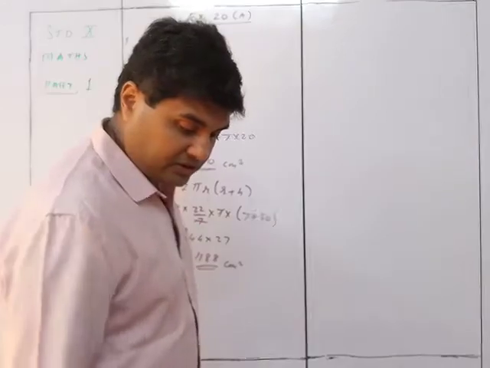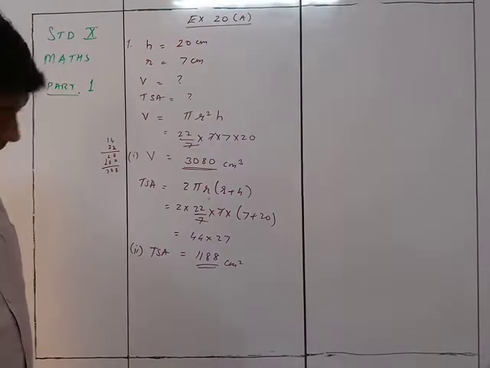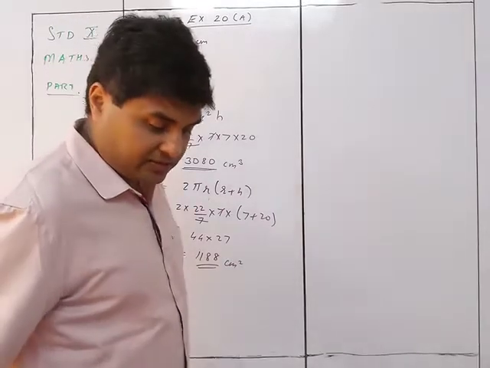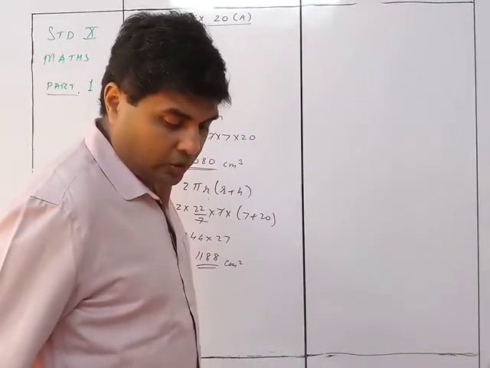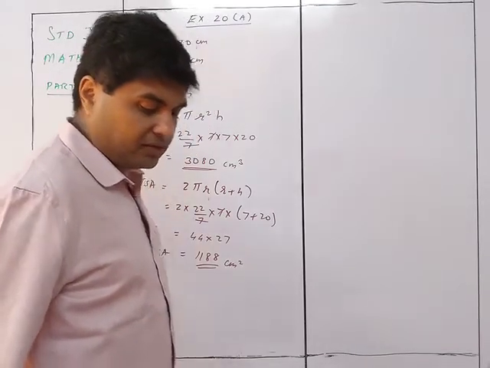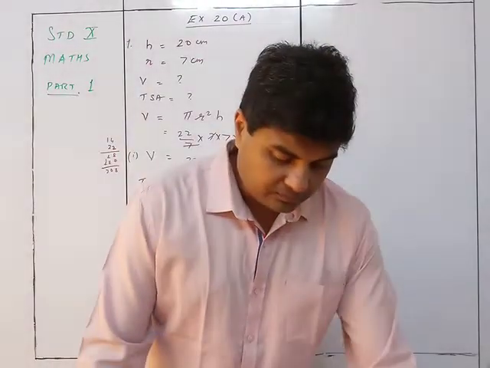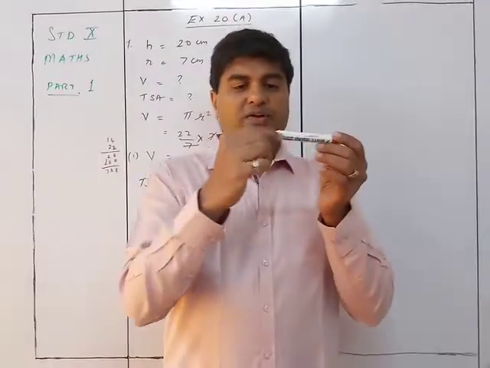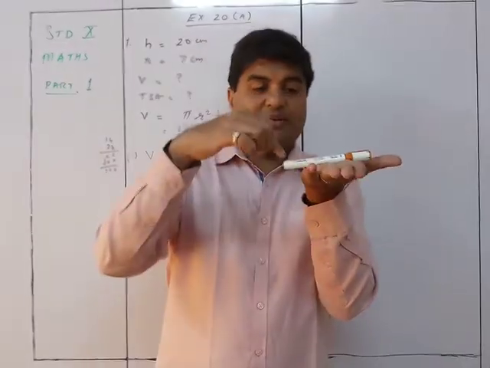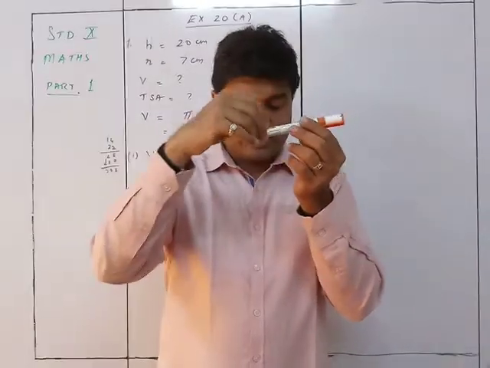Okay, the next one is sum number 3. A cylinder of circumference 8 centimeters and length 21 centimeters rolls without sliding for 4.5 seconds at the rate of 9 complete rounds per second. So what is given is one cylinder having a circumference of 8 centimeters, and the total length is 21 centimeters.